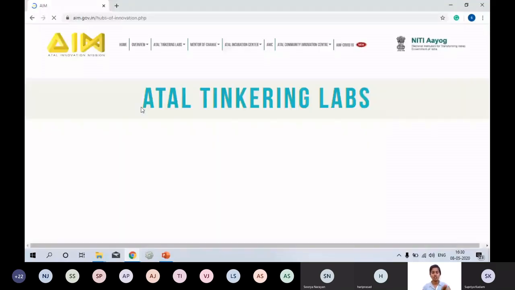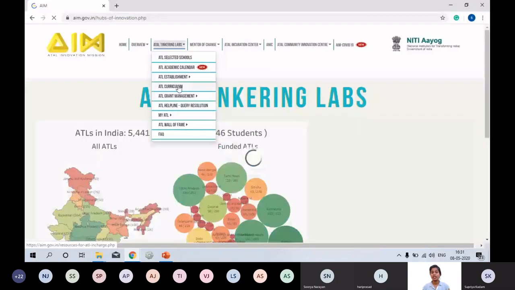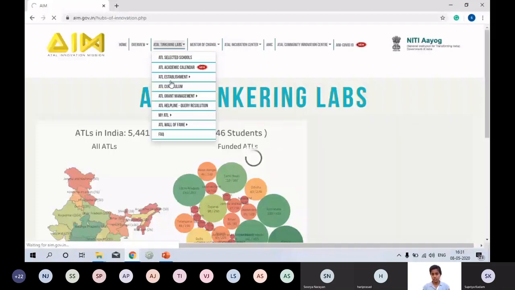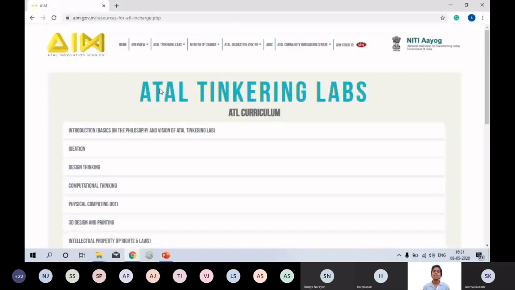There she goes. When you look at the address box, you have seen aim.gov.in. That is all you need to type, and it will take you to a page which looks exactly like this: Atal Tinkering Labs. You will have an AIM logo on your left hand side, and Niti Aayog is the government organization which is bringing the ATL labs to your schools. I want you to remember these names because they are going to be of big help. Apart from the gaming platform, Niti Aayog and AIM have also brought courses on AI, artificial intelligence. Keep these names in mind, so that if at any point you get bored, you can start learning other things in a fun way.